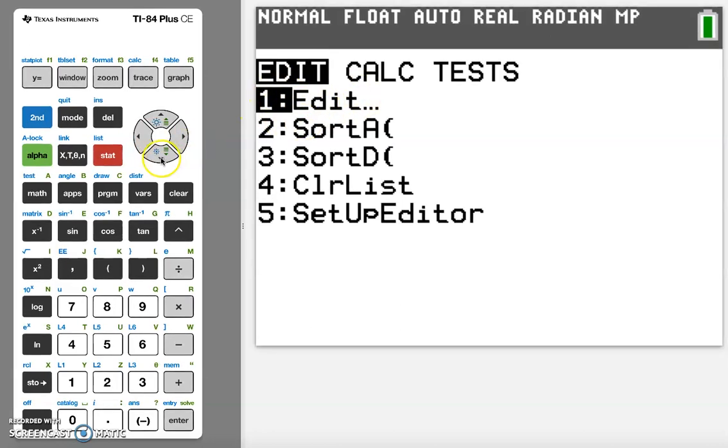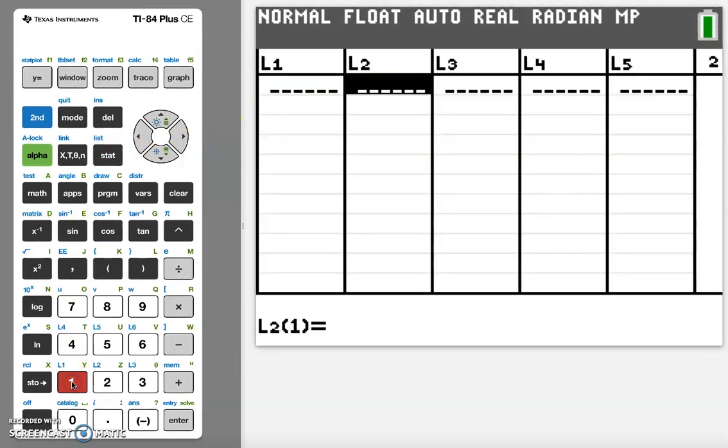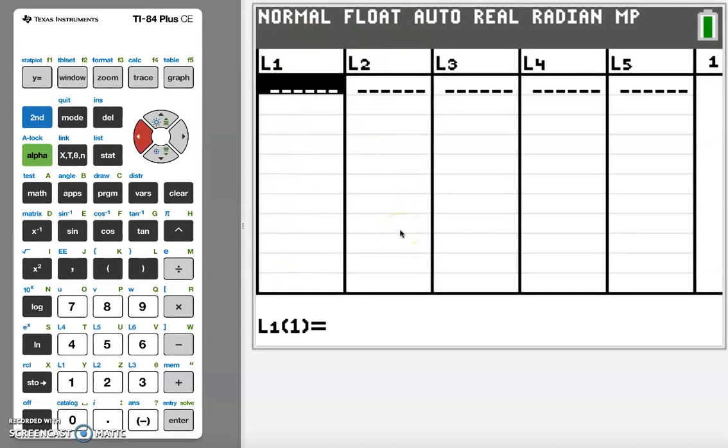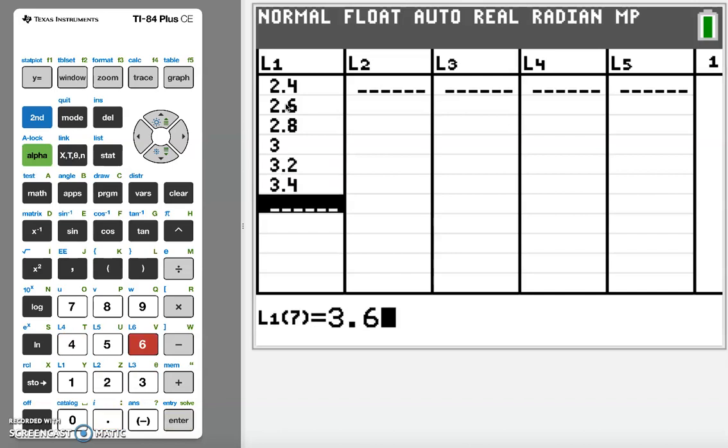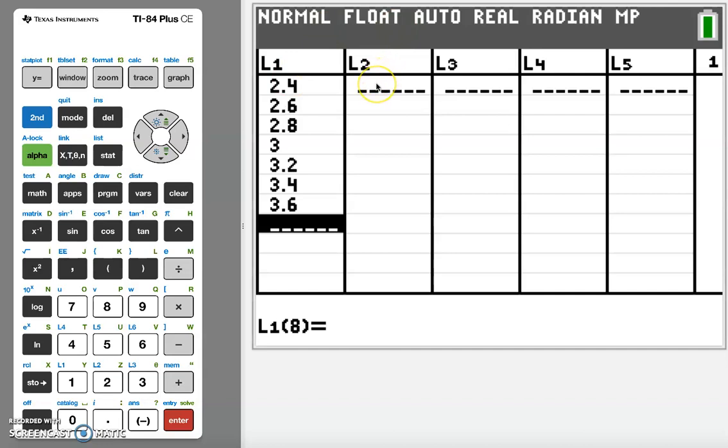So I'm going to go ahead and hit 1 for Edit, and then I want to create my X's in the first column and Y's in the second column. So I'm going to go over to the X column, and I'm just going to use the example from the notes, which is 2.4, 2.6, 2.8, 3.0, 3.2, 3.4, 3.6. And then my Y's, so I hit the right arrow, and my Y's are